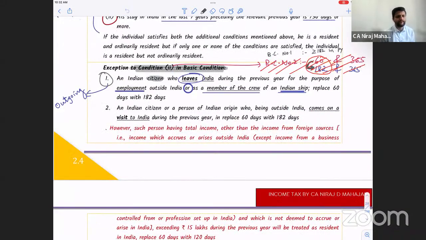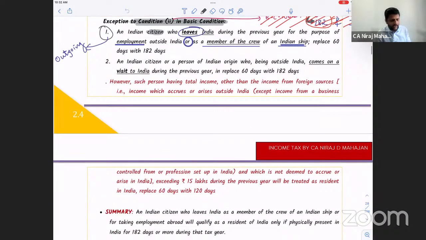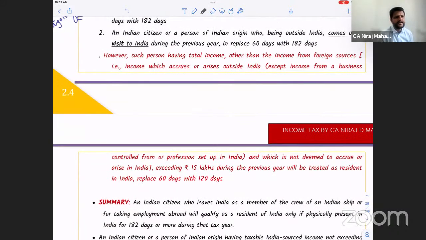So come to page 2.4. Ready, everybody? Page 2.4. The last part we will look at is the exception to basic condition number 2, of 60 days and 365 days. The first one was the outgoing category, leaving India for a job or as a member of the crew of an Indian ship. Second, important, understand now: an Indian citizen